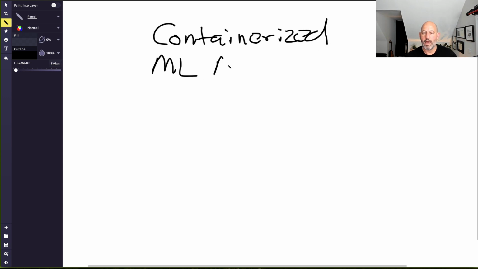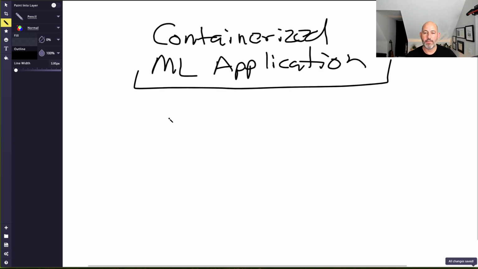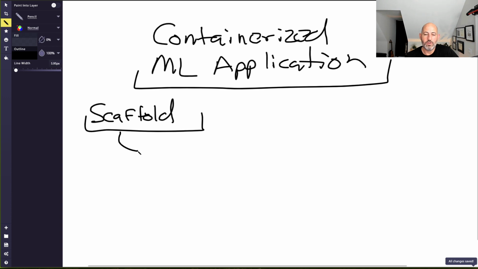ML application. So in a containerized ML application, what are the pieces that we would need, especially in Python? So we can think about the scaffold again here, and the pieces generally would be that you again would have,